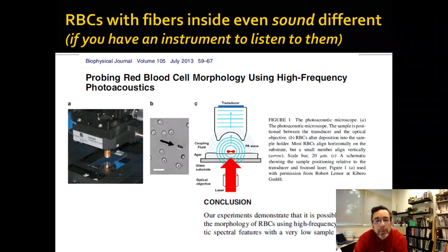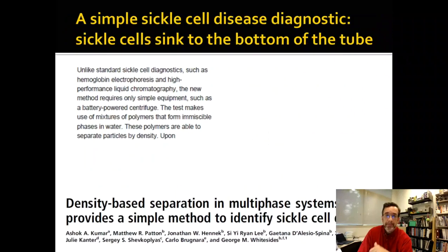If you hit it with a photoacoustic microscope, with sound waves, it will actually resonate differently, like a drum that's too tight. This has a big effect. It will sound different to this special photoacoustic microscope. Maybe someday we can have some kind of advanced device that can detect this, maybe even through the skin. For right now, it's sort of a proof of concept, but it shows that the red blood cells are very different in the way that they act and the way that they are shaped. Their morphology is the word.